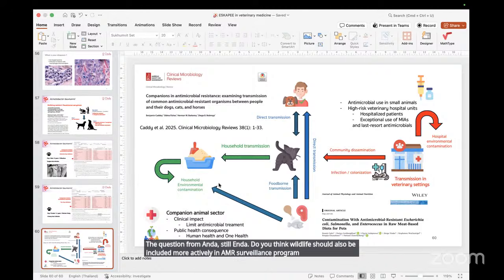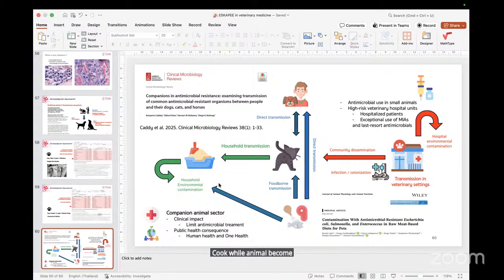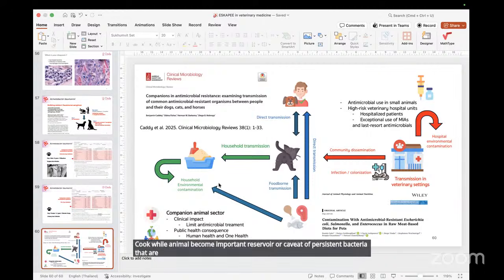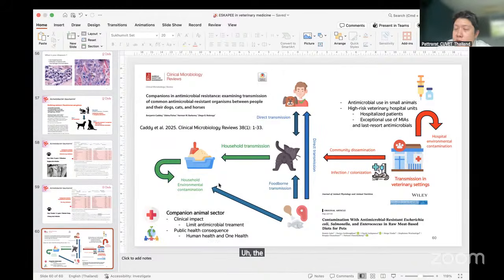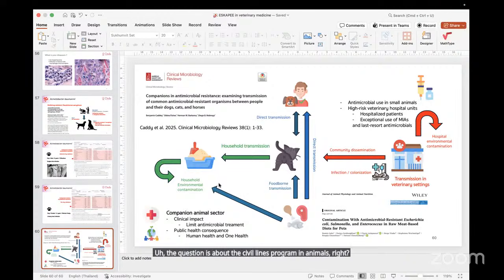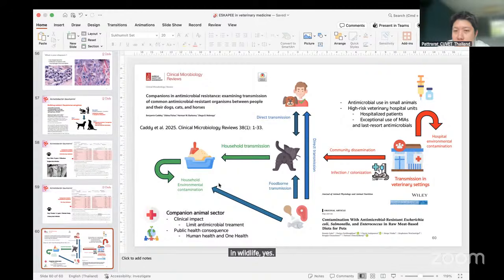Could wild animals become important reservoirs or carriers of resistant bacteria that are often overlooked? The question is about the surveillance program in animals, right? Wildlife animals. In wildlife, yes. Wildlife. Okay, for the wildlife,